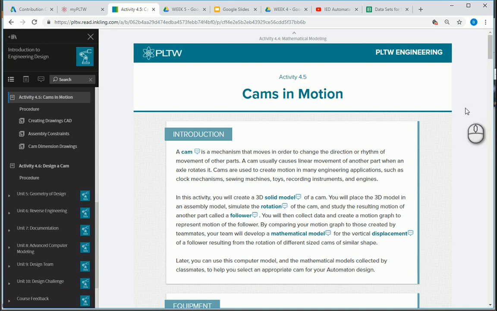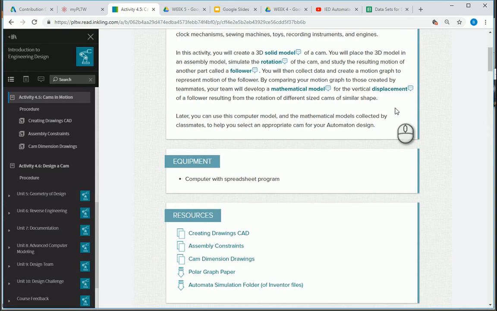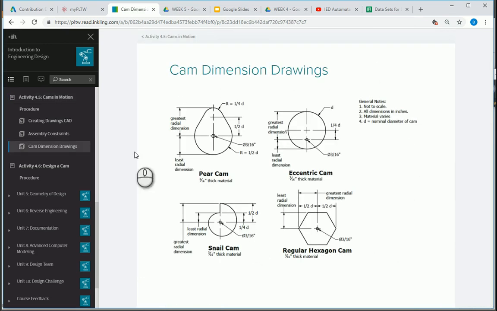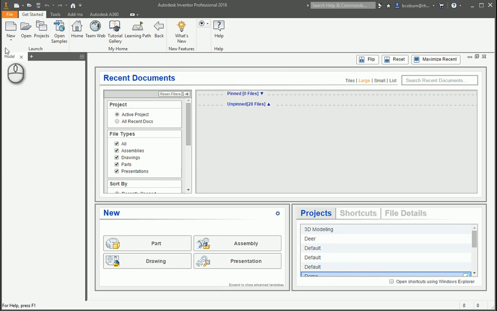We're going to do part of activity 4.5, cams in motion. Once you have that open, scroll down till you see cam dimension drawings. We're going to be doing these drawings. We're going to concentrate on a Pear Cam for this video. Notice that the dimensions are equations. That means when we go to Inventor, we're going to have to use equations if we want to work parametrically,